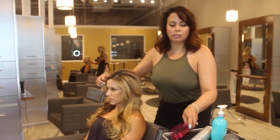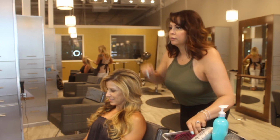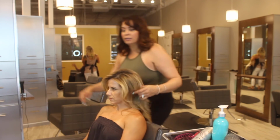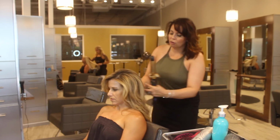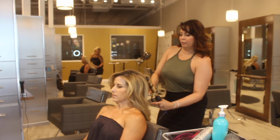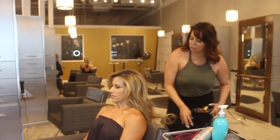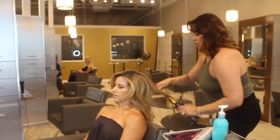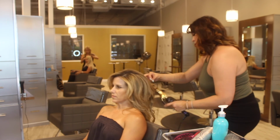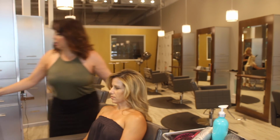This is where I'll go and perfect those little hairs and make sure that they're not going to be end, I'll go back and I'll look at just maybe sometimes I want to go in and kind of define some more pieces. So I'll go and grab just random little pieces and curl it for you. Yeah, I would wait just for around a little before you did that. Okay. There we go. I think we're